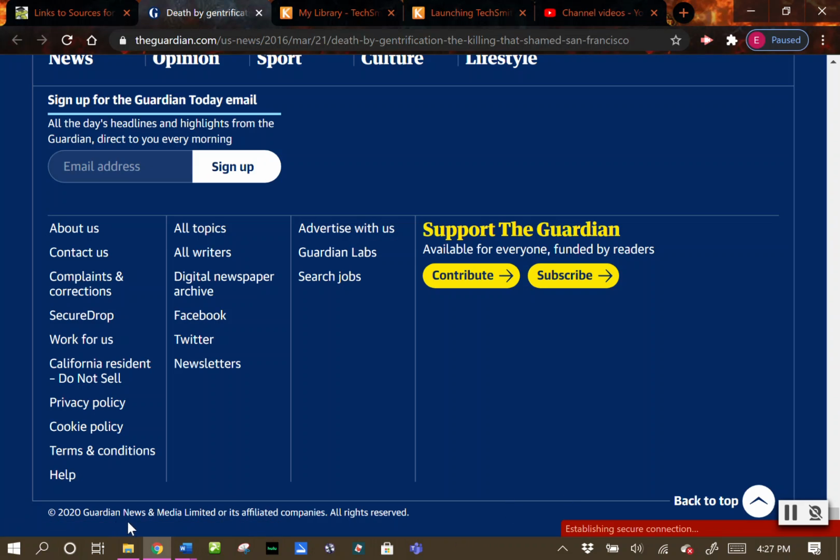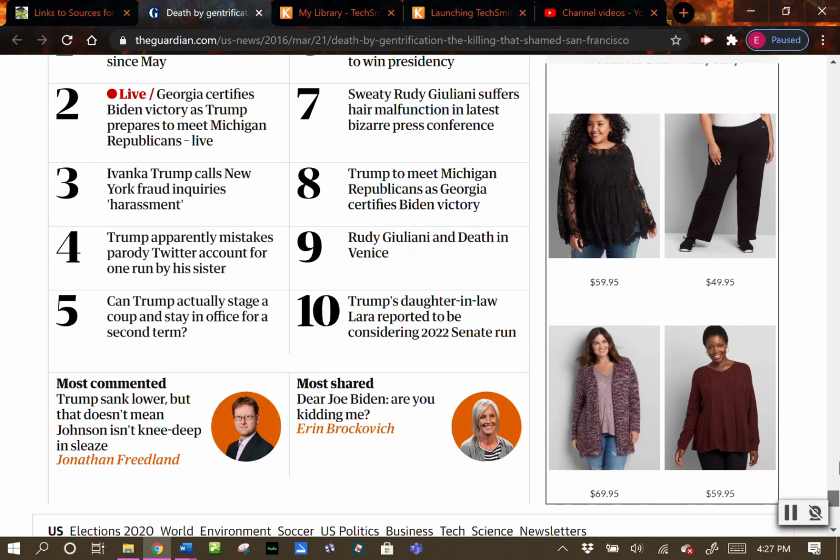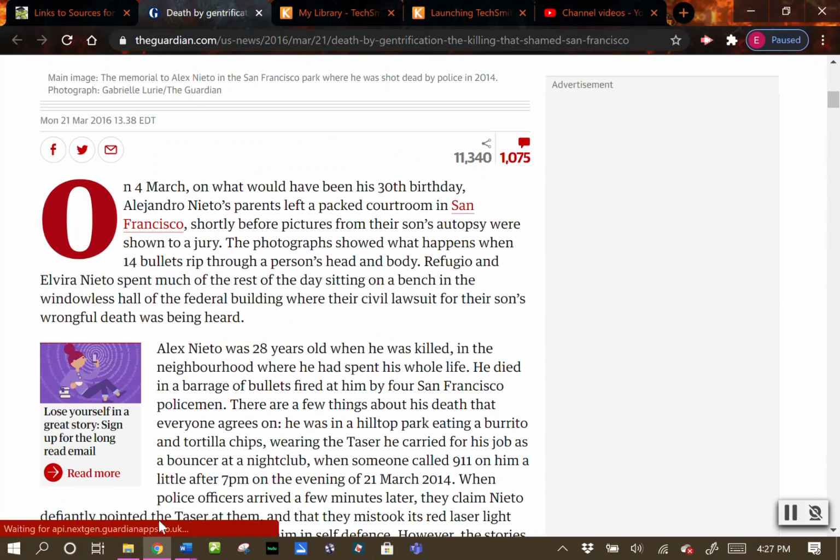and then down at the bottom, the publisher is Guardian News and Media Limited. All right, so Guardian News and Media Limited. Okay. Now we got to go back up, get that date, when it was published, right there.